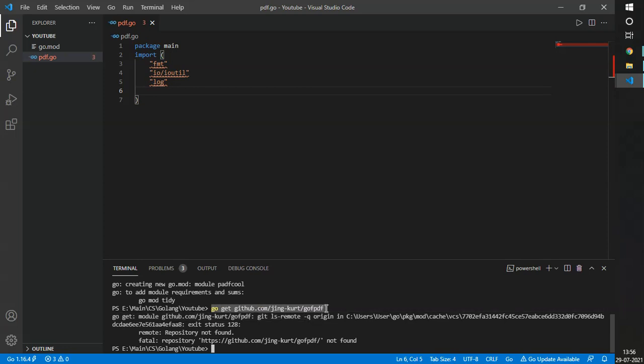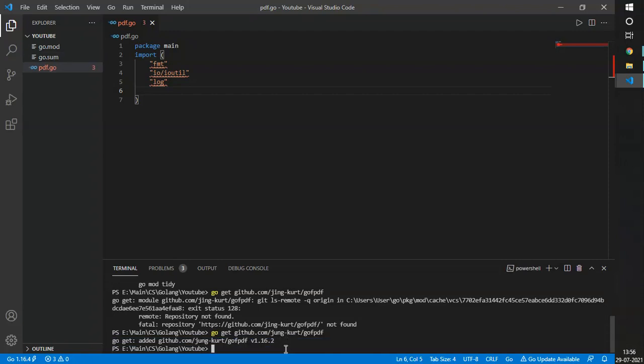It is giving me kind of an error. Okay, I have made a mistake here. So let's just change it. The name is Jung, and I wrote it wrongly. So right, we can see that the package is added. Now we just have to add this package over here. So that's it. We have added all the packages that we need for this particular code.